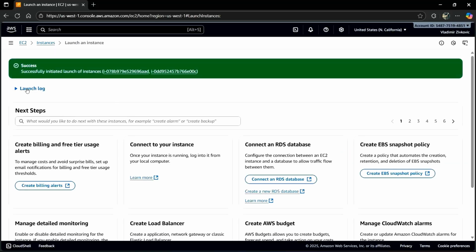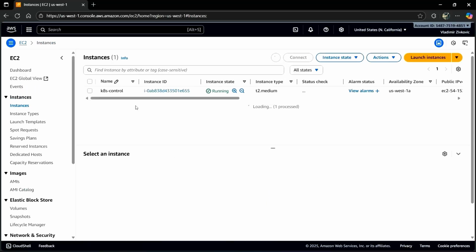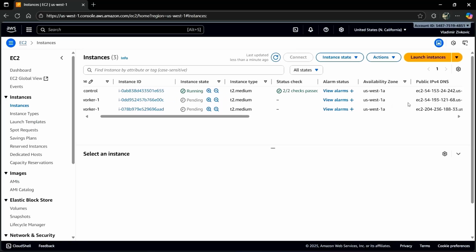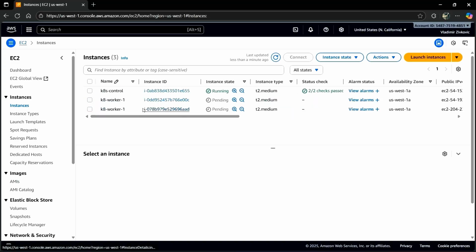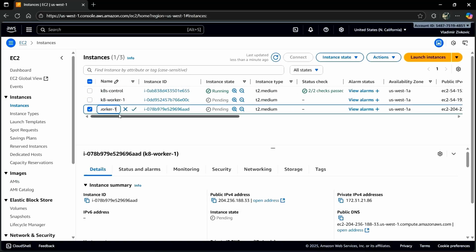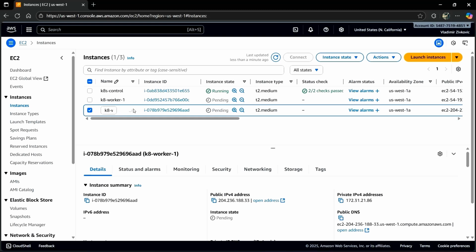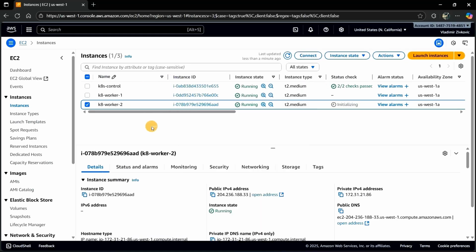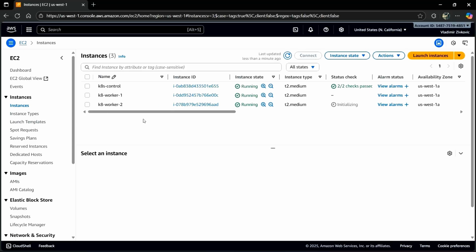As you can see, we successfully initialized the launch of our instances, and let's go to instances. And as you can see, these are our instances located in the US West 1A availability zone, and I will now simply change the name of my instance, add this to be worker number 2, and let me just add this S after 8, so